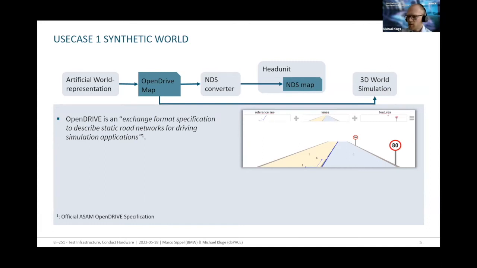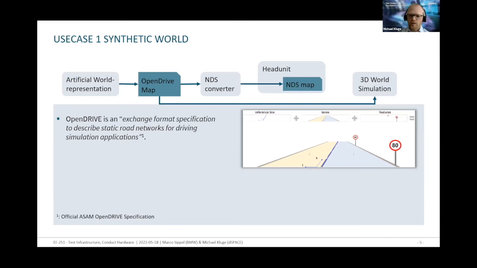So OpenDrive was designed to work for simulations, not really with a focus to create visual representations of a road network out of OpenDrive, which is obviously possible. We have seen many examples, and we will see one later on. But the focus is really the simulation, also in real time, and also the exchangeability, so an exchange format between